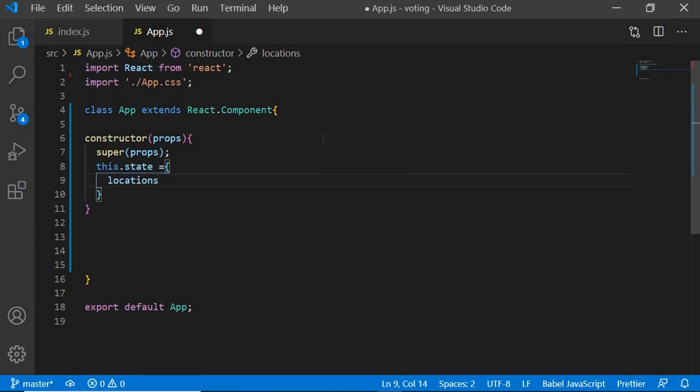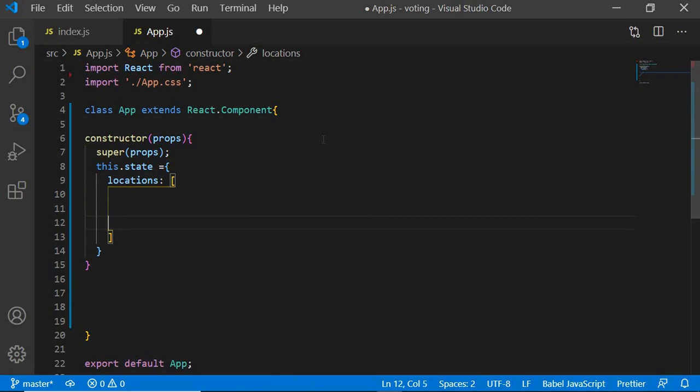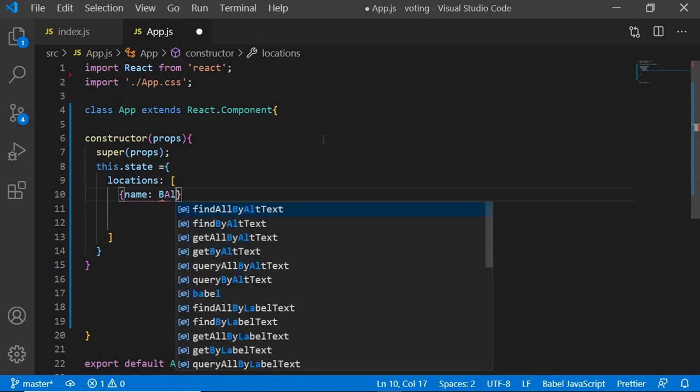Anything, whatever you want to do. If you guys are planning on resorts and you're not able to choose the resort, then you can put it up for a vote. Now, the locations that everybody wants to travel to during your vacation, your holidays. So let's give it a name and a vote. So name shall be, let's go with Bali,